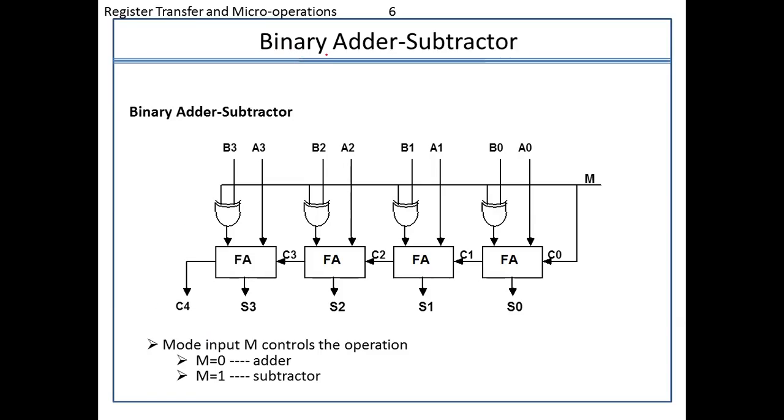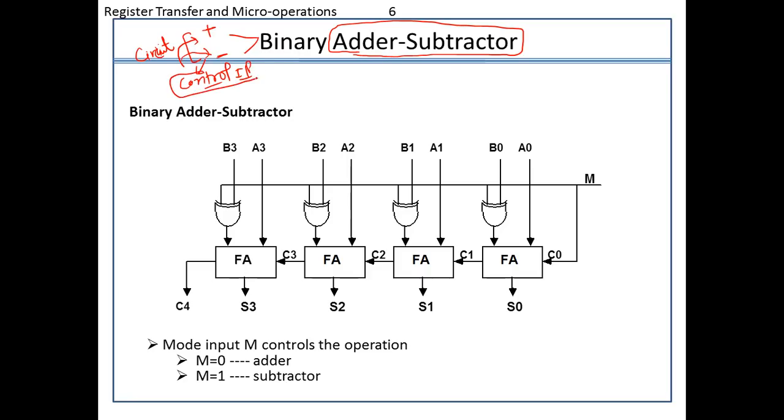Now in this arithmetic circuit, what I am able to do is perform two functions together: addition and subtraction. So how I am able to do this, let's understand that also. It means that I am able to perform the sum as well as the subtraction within one circuit only. So if I am able to perform this in one circuit, it means that I must be having some control input also, which will provide me the control over whether I have to perform the addition or I have to go with the subtraction.